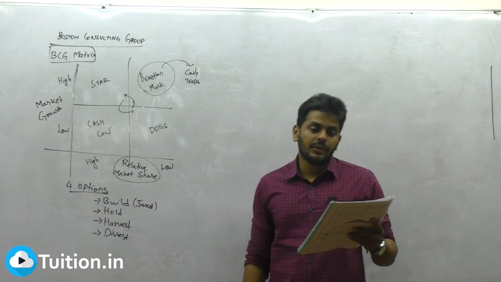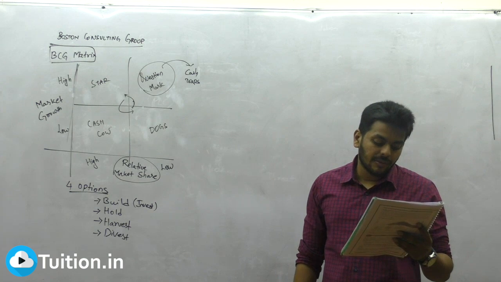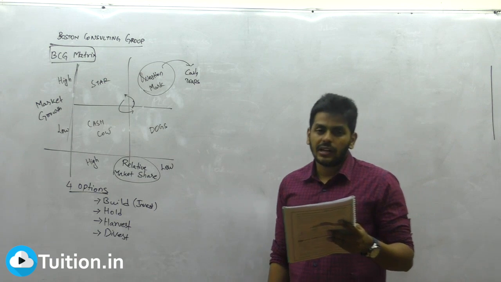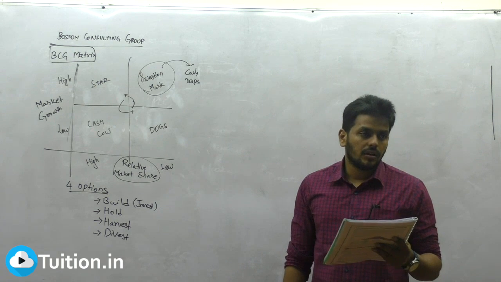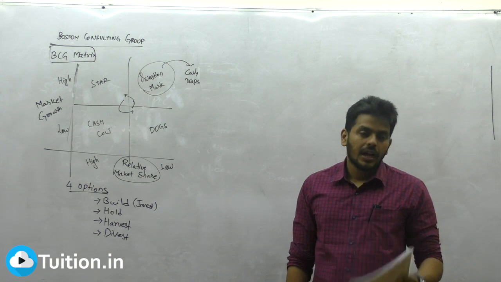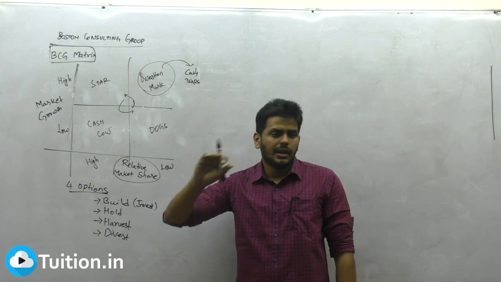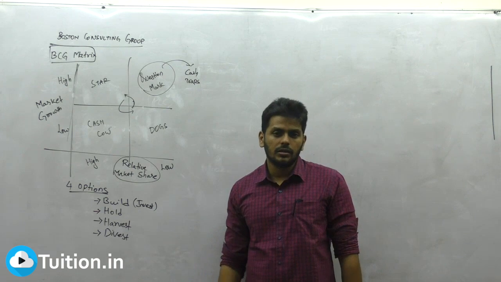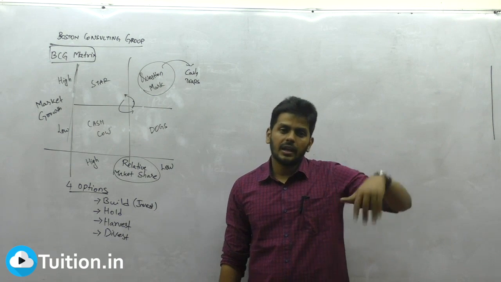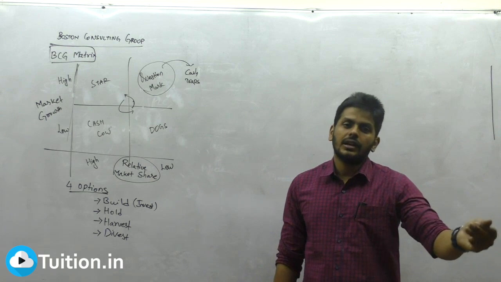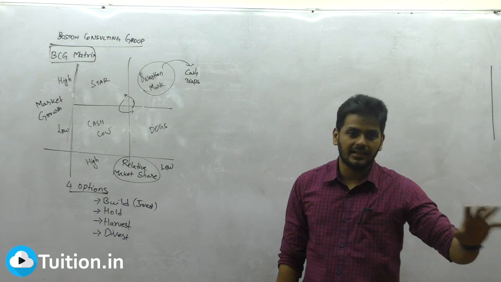Look at one example, ITC. ITC's hotel business, agriculture business, paperboard and packaging are all stars for them, because amazing money is coming from all of those. Look at cigarettes. They're cash cows. Demand won't come down. People won't quit smoking irrespective of what you tell them. Your process is set. The market may go high or low, whatever it is.